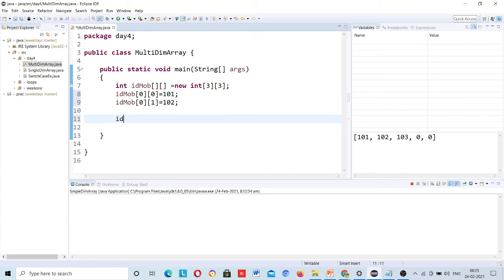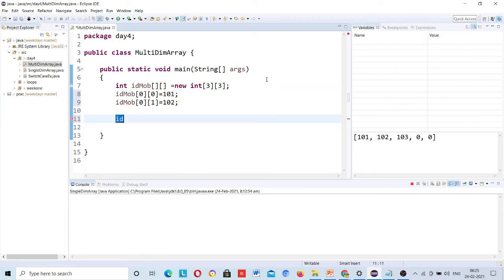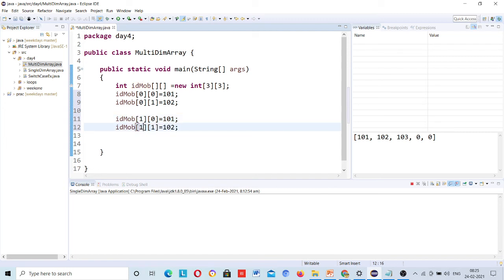Now for the second, I will copy this and change the values: 1011, and the mobile number should be like this, 99346. This is how it can store the maximum value. You can try with string and double as well.